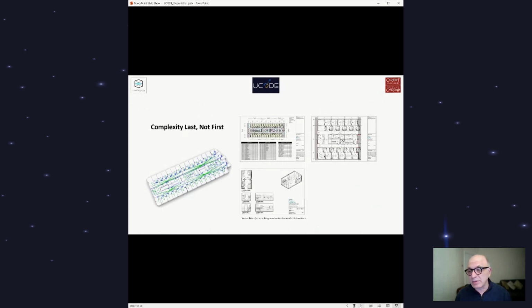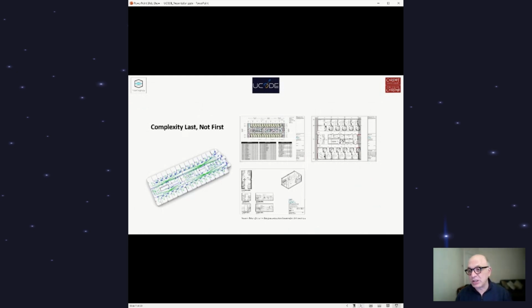The other concept I want to talk about is this idea of complexity last, not first. What we are seeing a lot in our field is that people jump into making Revit models. They put in as much detail, as much information, thinking that more is better in a way. And what we found from our research is that if you would like to do some kind of analysis, like egress, like vision, for example, to see whether the nurse station can see the doors of the patient rooms,